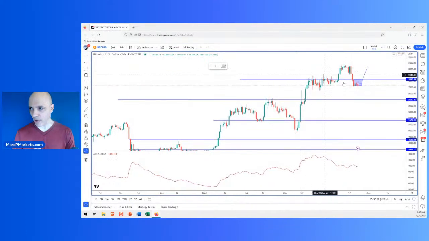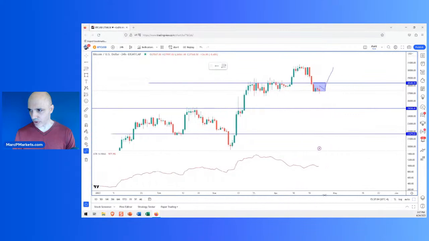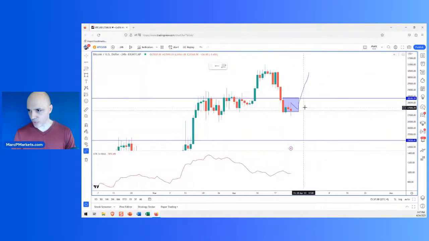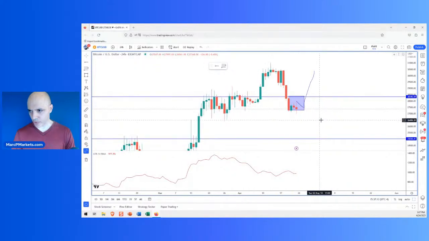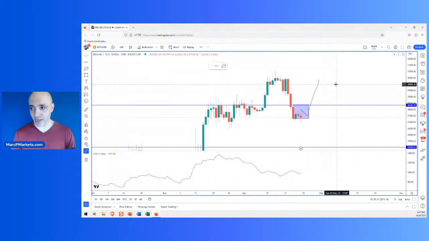All right, so now let's talk about Bitcoin and what I drew here on this chart. By the way, I wrote an article about this on TradingView yesterday. Hopefully you've all read it. And I drew the rectangle here, this square, right? I drew this square like a week or two ago, and that square was the pullback, the ideal pullback area.